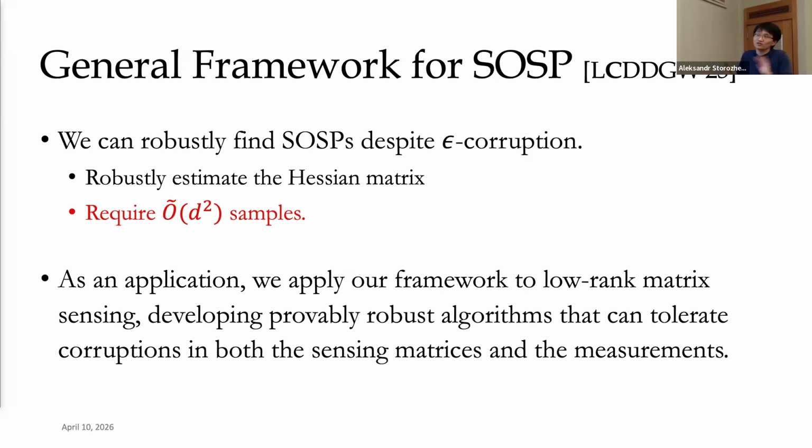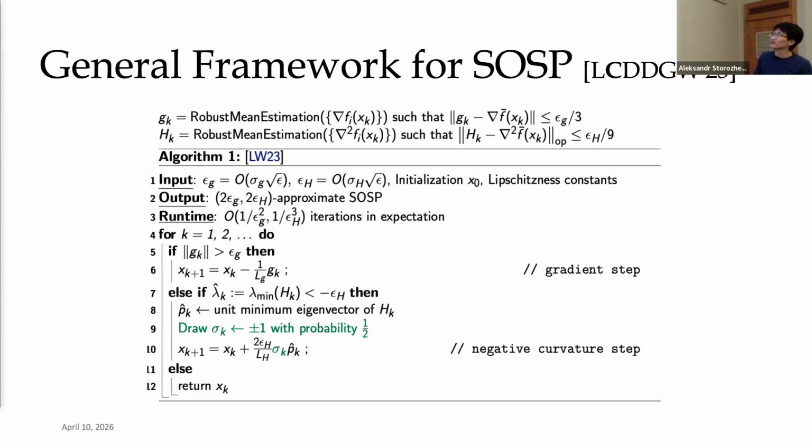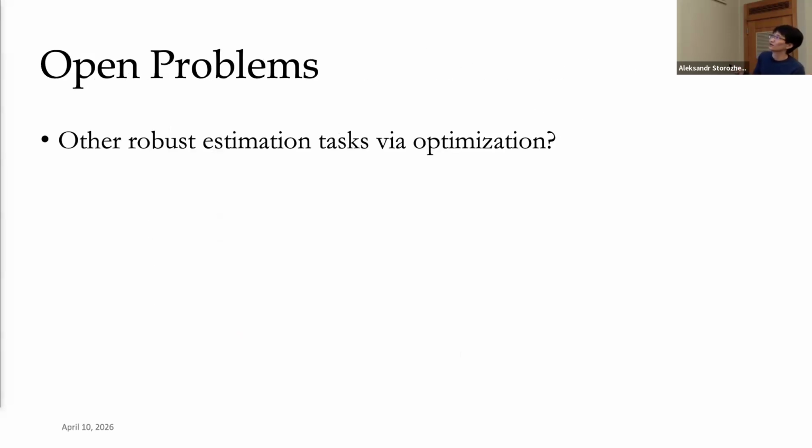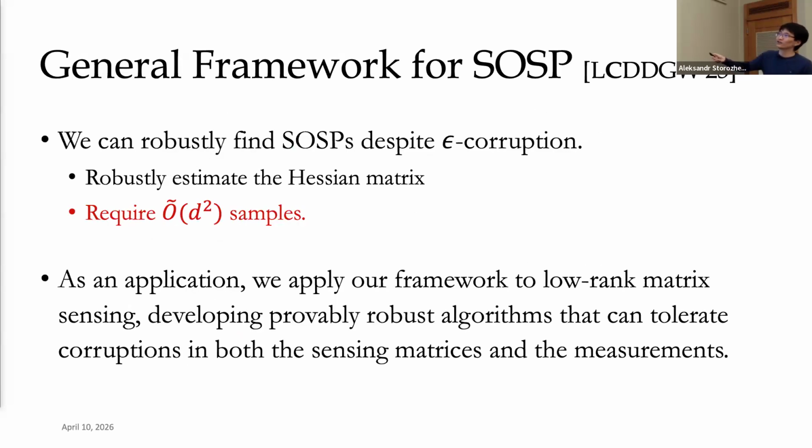And if there is, then you would go in those directions. Right? So this is a standard second order optimization method that just looks at the Hessian. Right? And also imported code for this. And okay, good. But why do I not like this result so much is because the sample complexity is not